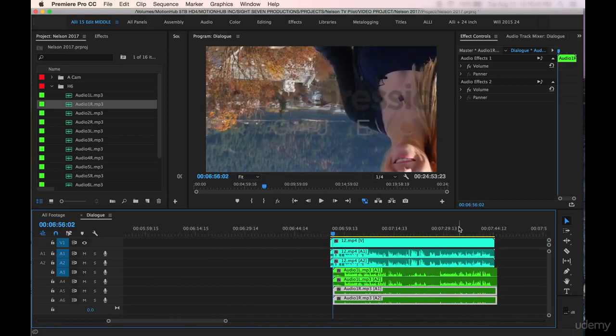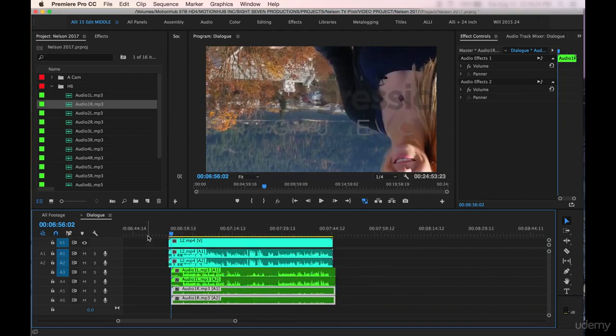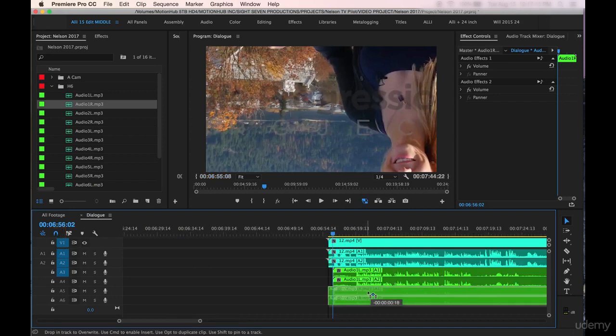There you go. They line up perfectly, so you know that they will be in sync. Another option that I love in Premiere is the snap option. It's right here. The shortcut for that is pushing S on your keyboard. So the great thing about snap is with it on, I'll just show you, as we are moving this right